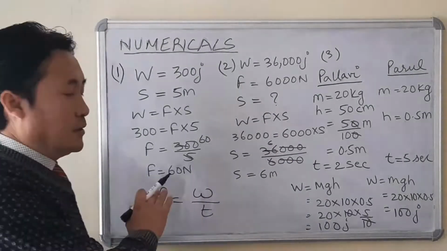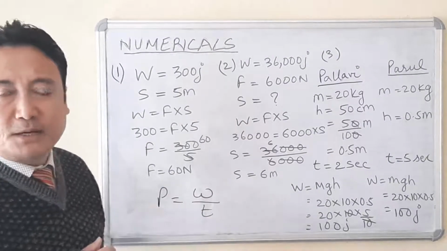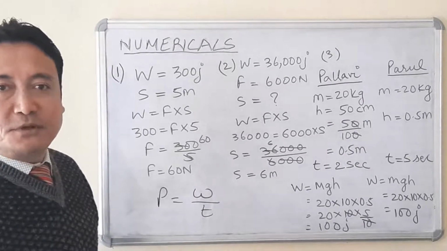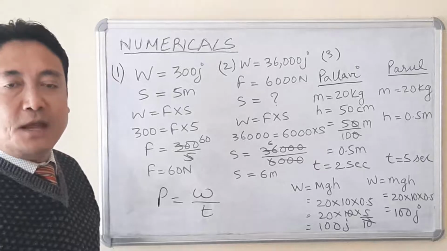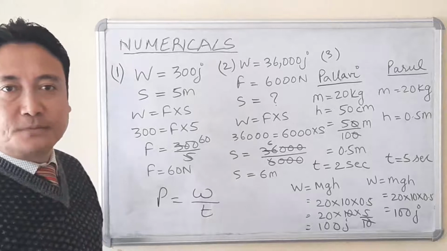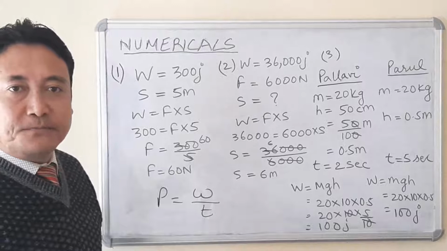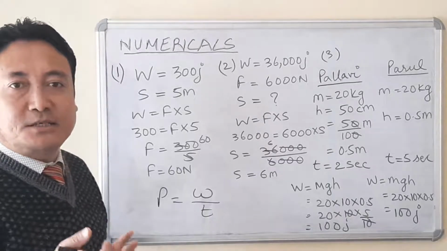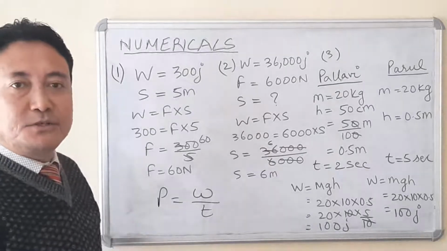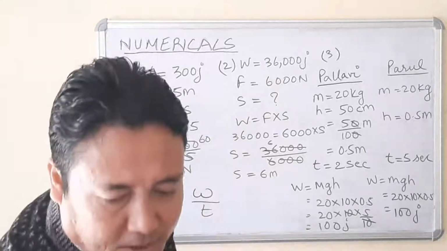To calculate power, you will use the formula W divided by T, work done divided by time. To calculate work done, W equals F into S is one formula, and another formula is also there. When the body is raised to a height, then you calculate the work done by using the relation mgh, that is mass into acceleration due to gravity into height. So these are the 3 formulas you should remember when you solve the numericals. Now the first numerical is